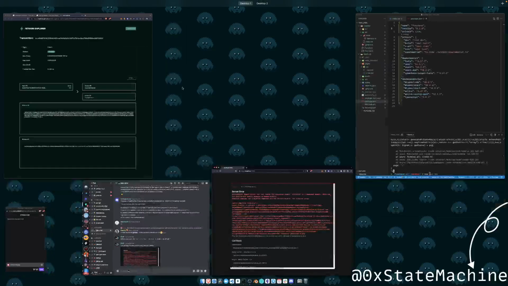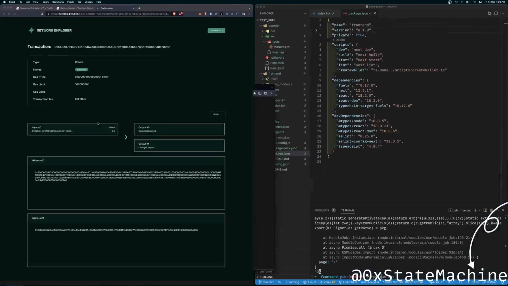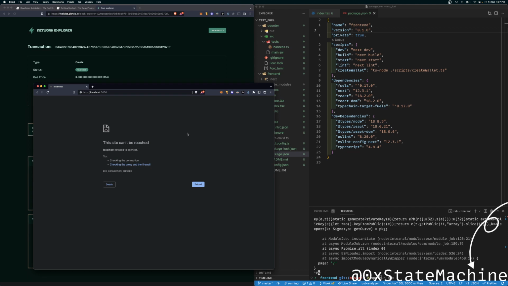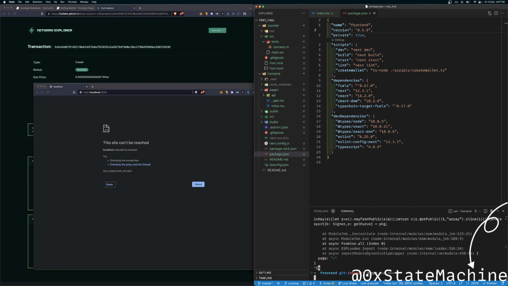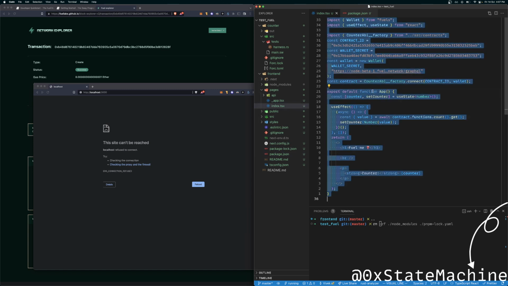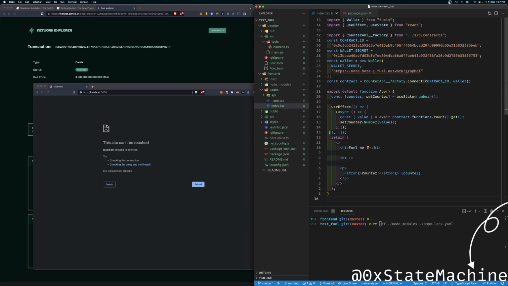Now we need to figure this thing out. But can I run it without this? No, you can't. Do you want me to use create React app? Yeah, I can try, but for some reason it was not working like this. Oh, I don't want to remove it. Let's reuse this piece of code.